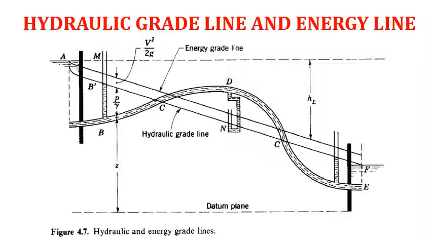Now, ideally, an energy line should be horizontal, as the one shown over here with the dashed lines. This is the ideal energy line, but actually, the energy line will always be lowered. That is because of the friction losses, and it will be lowered by a magnitude HL, which is known as head loss. The energy line will follow the shape of the hydraulic grade line, and the difference between them would be equal to the velocity head, v square over 2g.